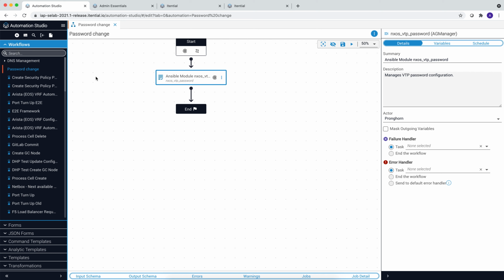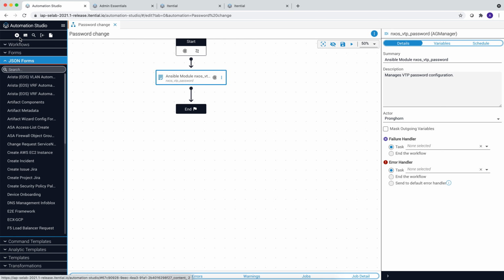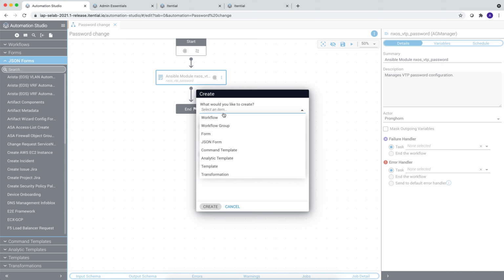Okay, now that that's done, what we can do is go back to Automation Studio, where we have all the elements that we need to create automations with. And we're going to go to JSON Forms. And actually, we're just going to create a new one. New JSON form, and we're going to name that, I don't know, create a Jira ticket, because that's where we were